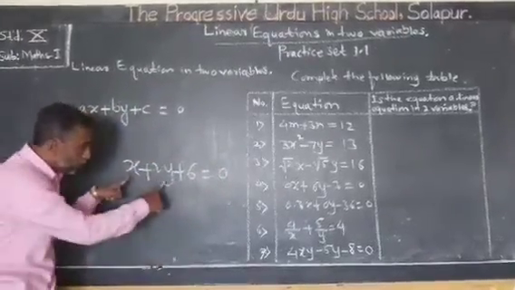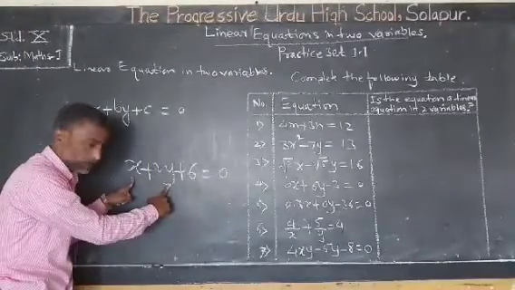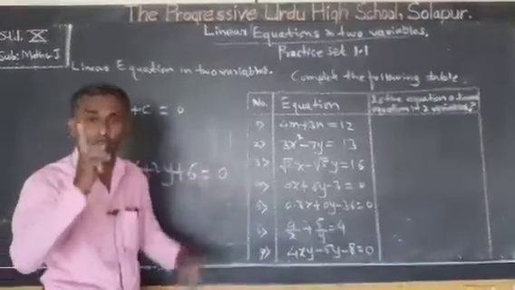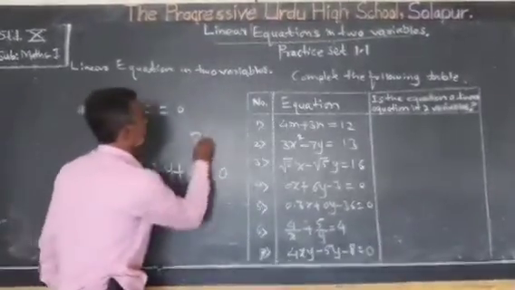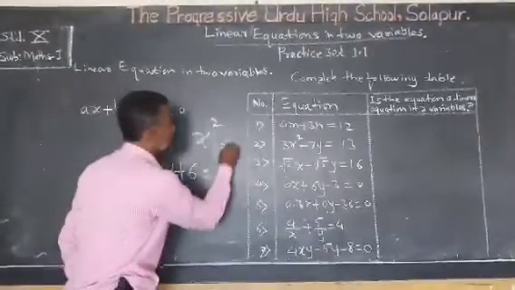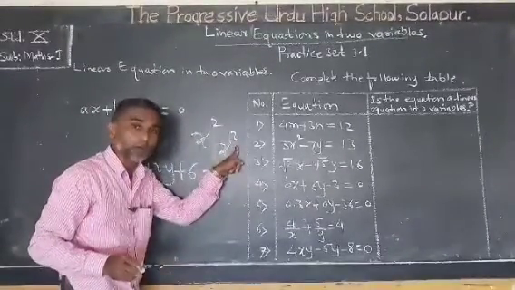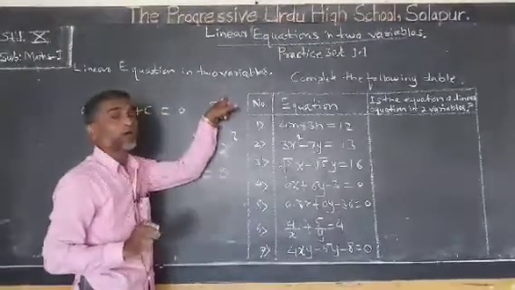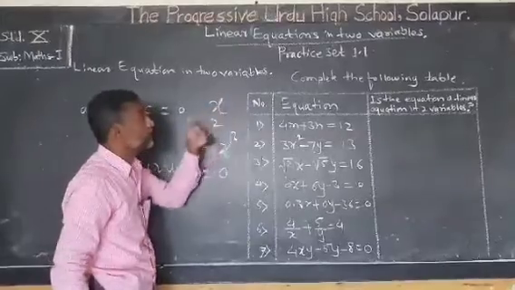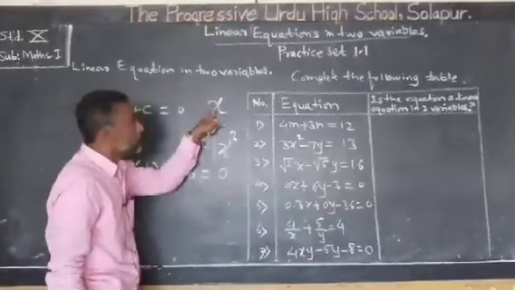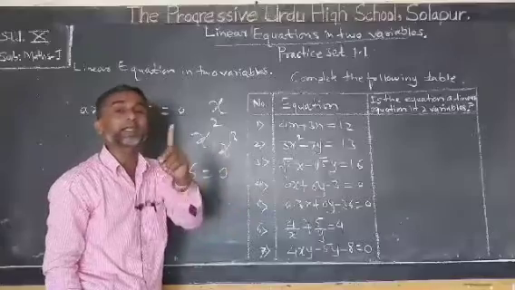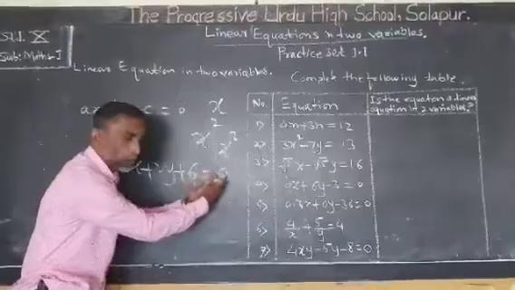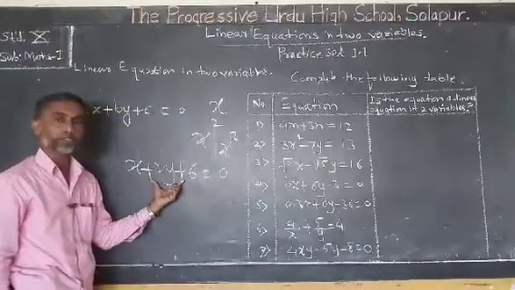It is an equation which contains two variables, and the order of the variables, meaning the exponent, the power, the degree, should be 1. Degree means, for x square, this is the degree. X raised to 3, this is degree, this is power, this is index. Similarly, if it is x, the power is 1, but we don't write it. X means x raised to 1, that is, degree is 1. So x plus 2y plus 6 is equal to 0 is a linear equation in two variables.